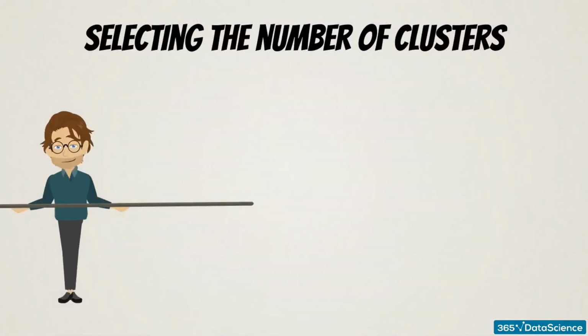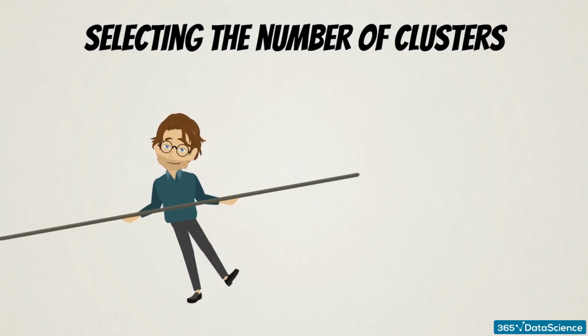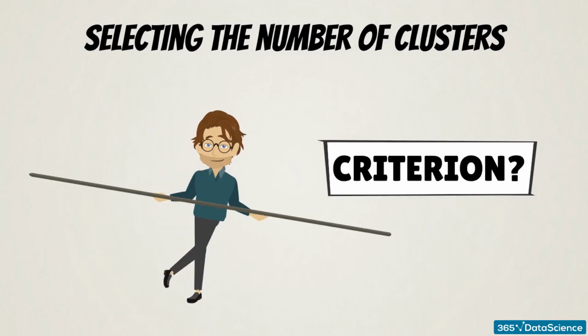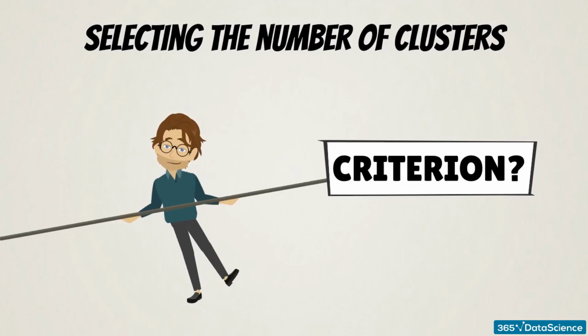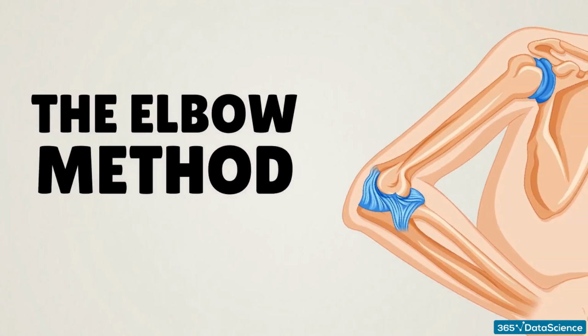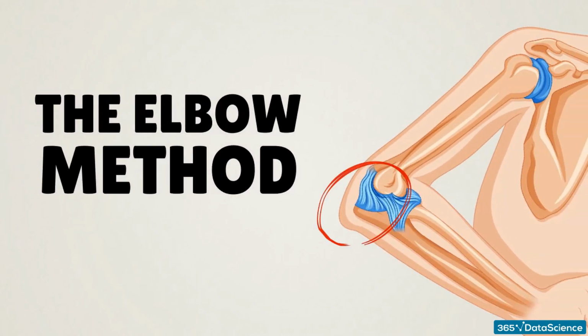We've been juggling with the number of clusters for too long. Isn't there a criterion for setting the proper number of clusters? Luckily for us, there is. Probably the most widely adopted criterion is the so-called elbow method. What's the rationale behind it? Well,